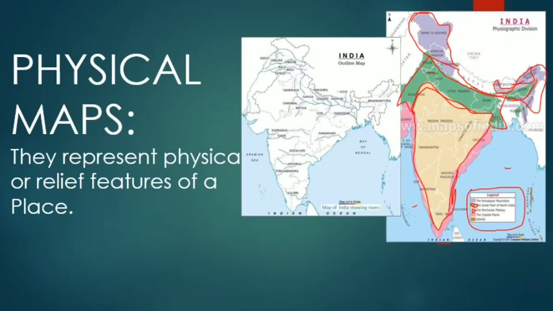Okay, so now what is the next color given? That is pink. So what does this pink color represent here? What is the description given here? You can see it is a coastal plain. So this entire narrow line you can see is a border line. It is bordering the Peninsula Plateau. So it is a coastal plain.